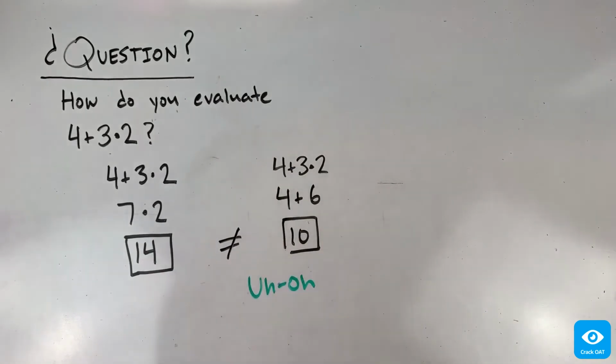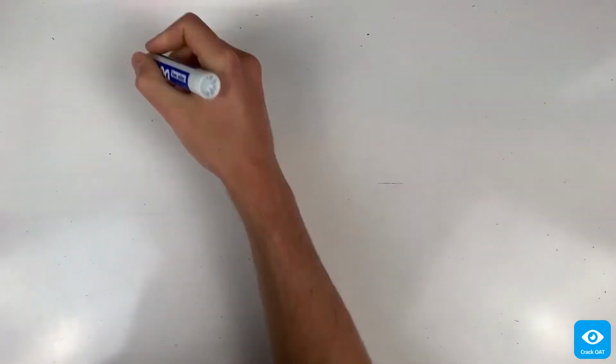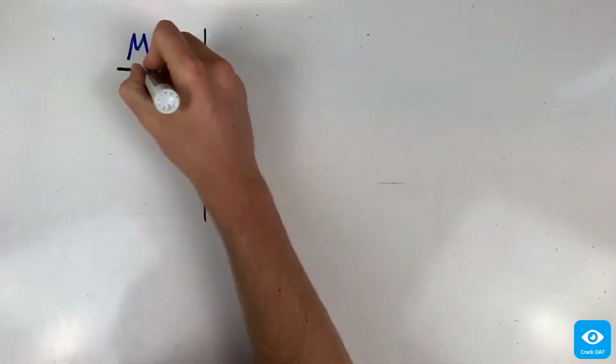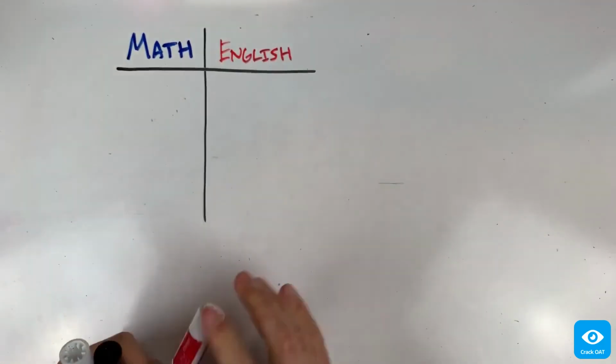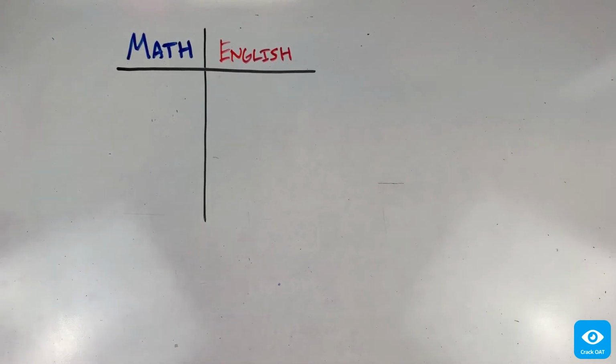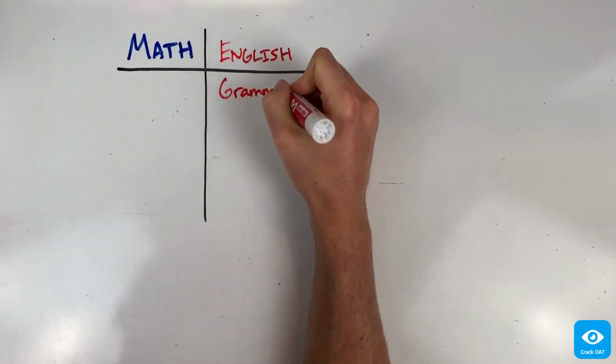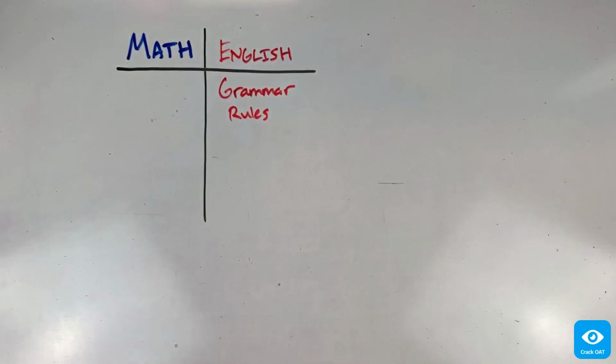Here's where the order of operations comes in. We've talked before about how expressions are like a math phrase written in a math language. But unlike every other language I know of, the math language comes with a very precise set of grammar rules that allow